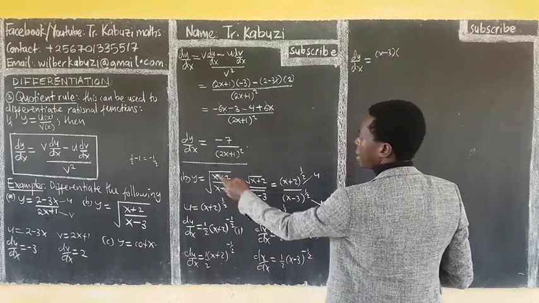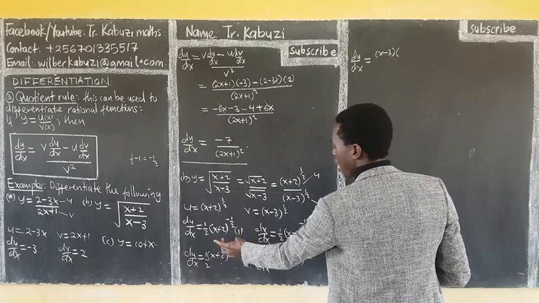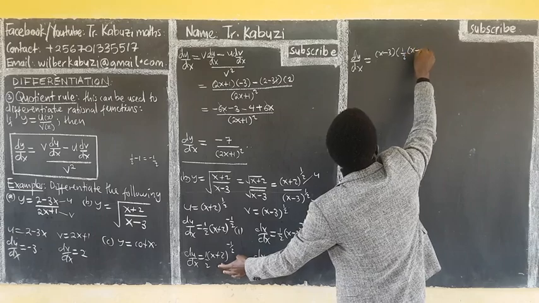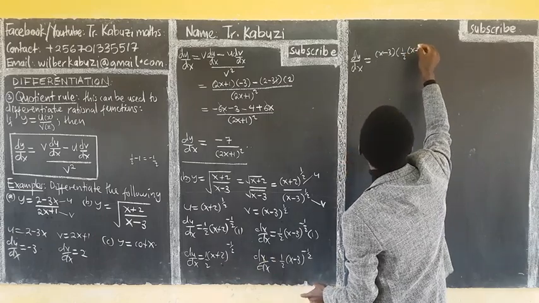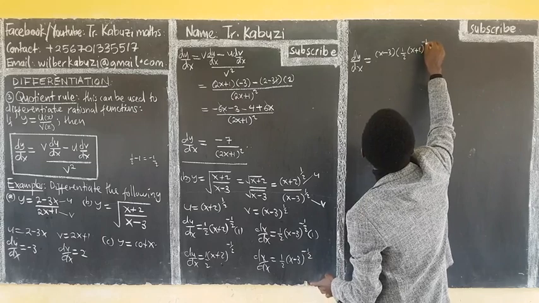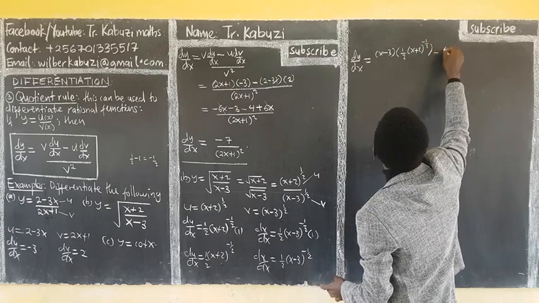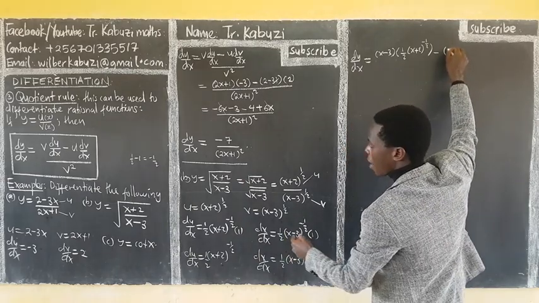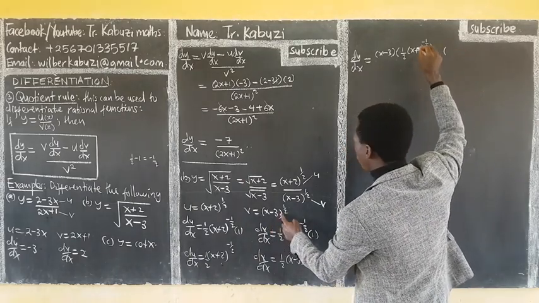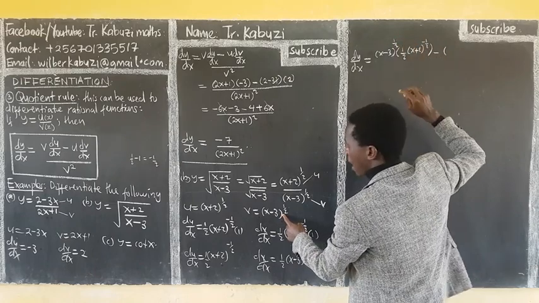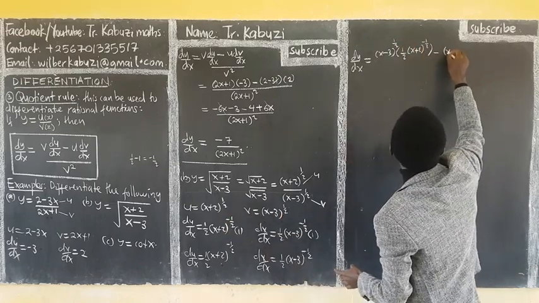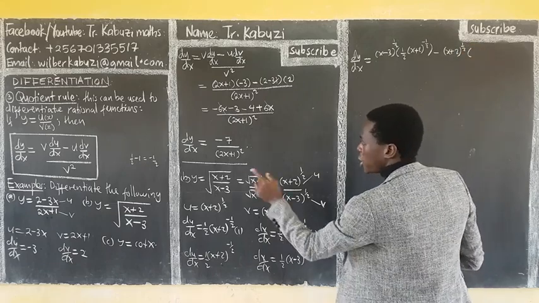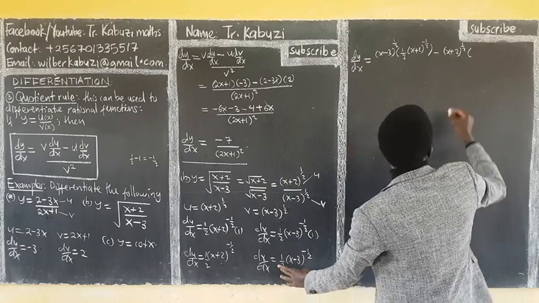Then du dx, our du dx from here is a half into x plus 2 to the power negative a half, then minus our u, which is x plus 2 to the power a half, into our dx, which is a half into